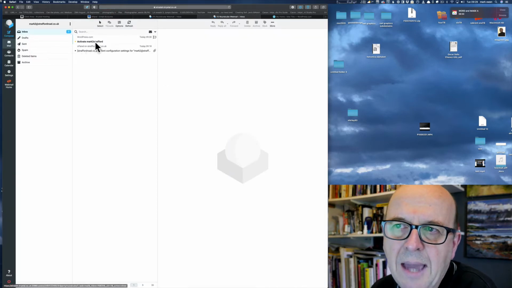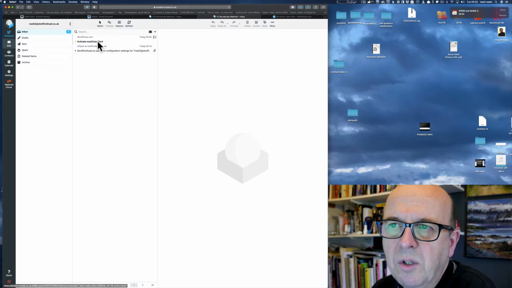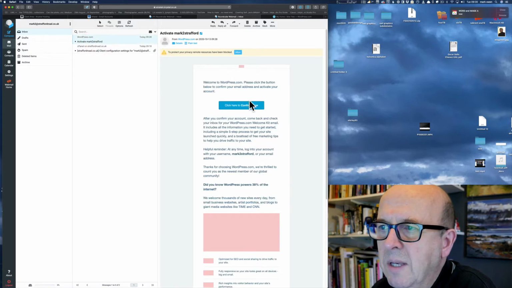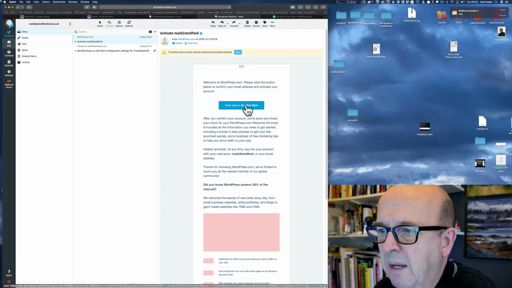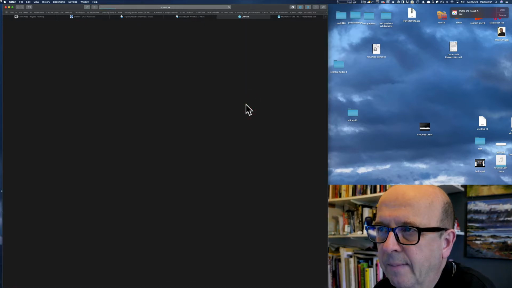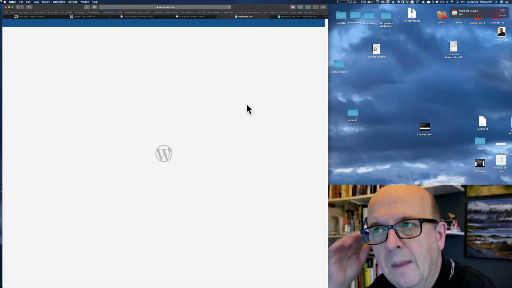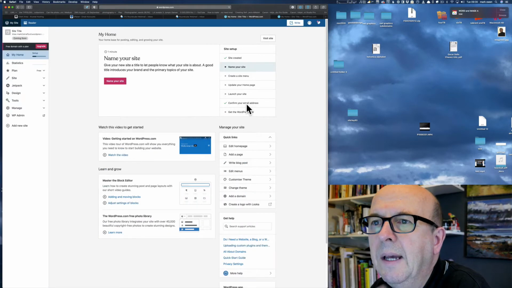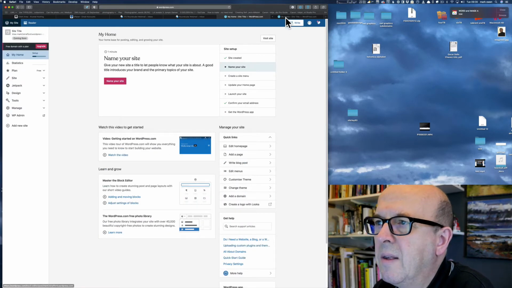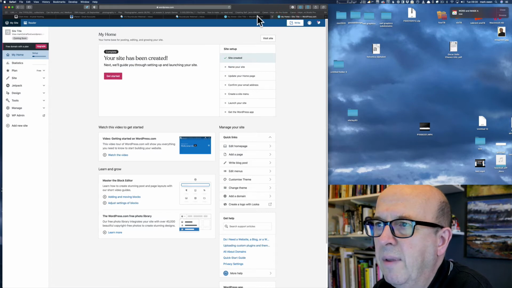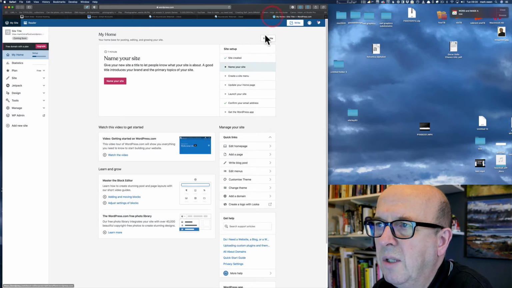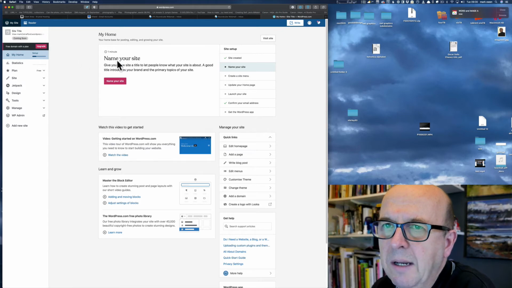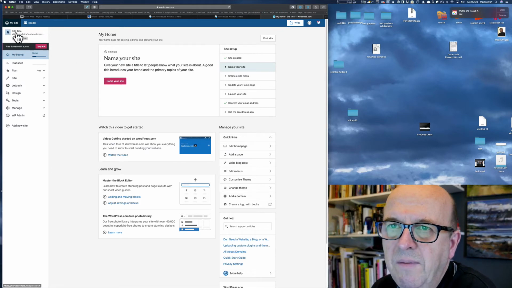Okay, so it says activate mark2.stratford. Now what it's asking you is just to confirm that you own this email address, which I am going to do. Okay, now it's been confirmed that everything is done. I'm just going to go to this page here. Now I just want to show it to you. So if you say site title, view